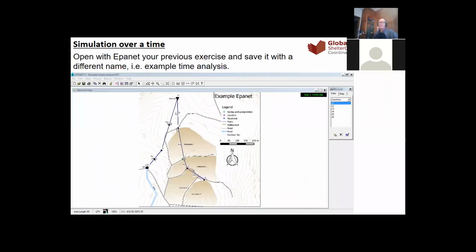So how it works, you have to open the Epanet file that we did last week, the simple analysis. The simple analysis was just in order to design the network. We ran it, it was working, and the idea was to be sure that we didn't make big mistakes like maybe forgetting pipes or writing bad elevation, but it was not a realistic simulation. Okay, now we open the Epanet file of last week,